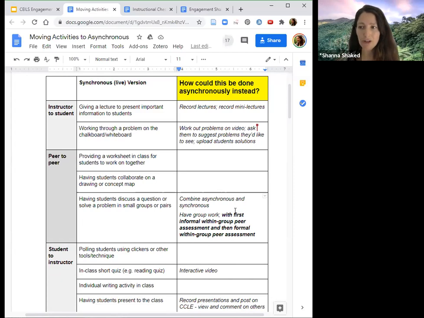I did want to respond to Jacob's question about that inequitable distribution. There are a lot of models that already existed before online instruction about peer assessment. And no matter what, you'd want to have them informally assess one another, like how are we doing as a group, who's contributing more? But then you can always have them more formally assess one another so that there is some sort of accountability. And often just the sense of accountability will really help people feel responsible to one another, not that you can get away with it.